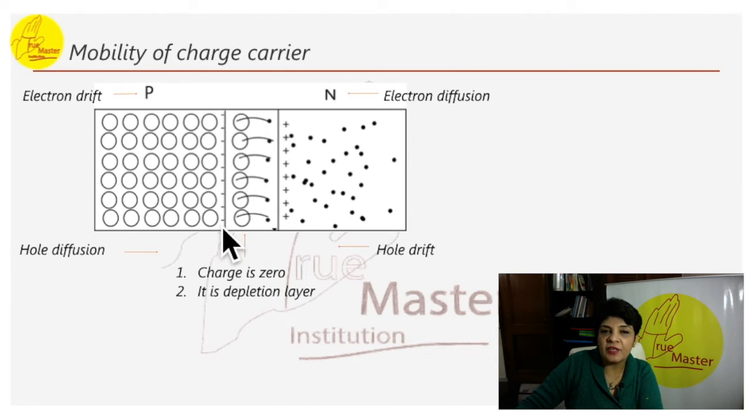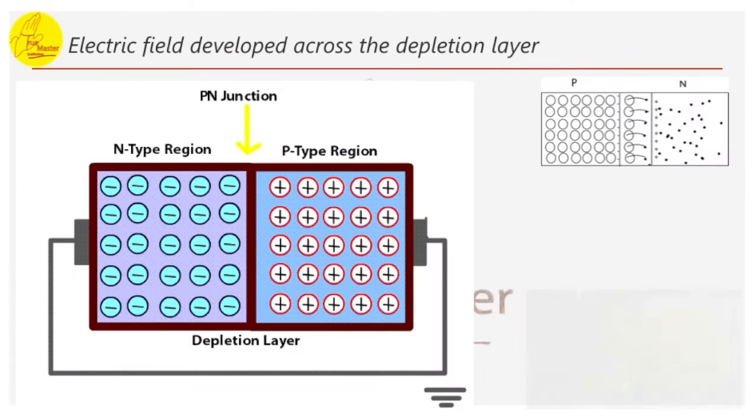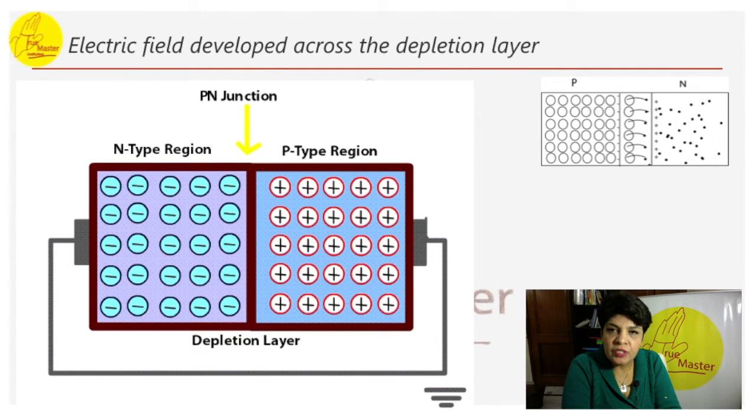So let me explain through an animation, that way it will become clear to you. The moment P and N are brought together, some of the electrons from N are going to move this side, and the holes from P are going to move to the center. This center will become the depletion layer where they are going to be joined together and the electric field is going to be developed on the two corners. Let's have a look again. We are going to look into an animation where the concept for the N-type region and P-type region will be more clear.